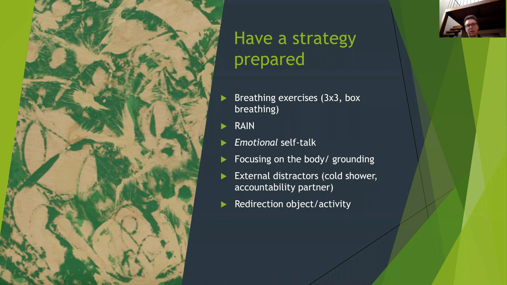So you always have to have a strategy plan prepared in advance. There's no improvising when it comes to something so intense as a picking trance. So you have to have everything ready. There are two basic types of strategies here: things that you do alone and things that you do with the help of someone else. All of them have one purpose and one purpose only, which is to pull you out of the trance. So we don't work on alleviating it or stopping it. What we're really looking for is to interrupt it.